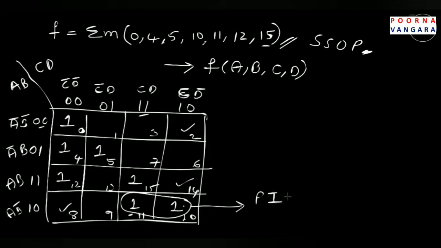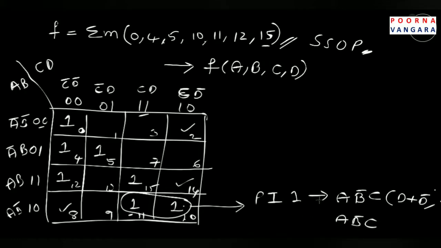This is the first prime implicant 1, and the expression is AB bar, because this prime implicant has only one row, and it is covering 2 columns. Out of these, C is fixed and D is varying. So D plus D bar will be 1, so that you will get A B bar C. For the next grouping, I do not mention this kind of D plus D bar. If it is varying, I do not write it simply.